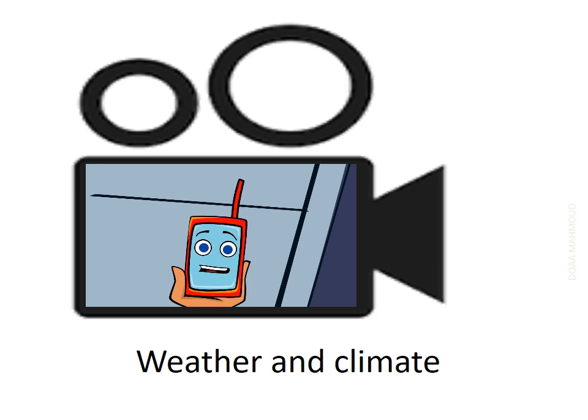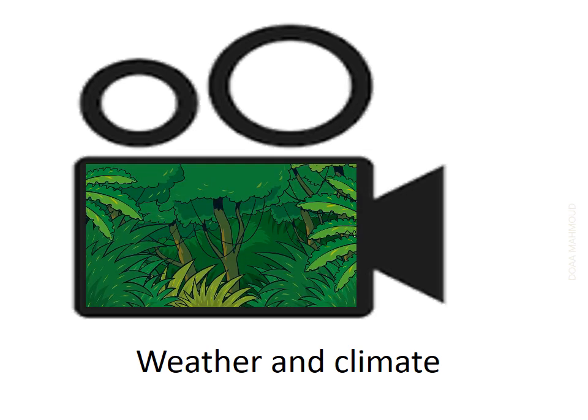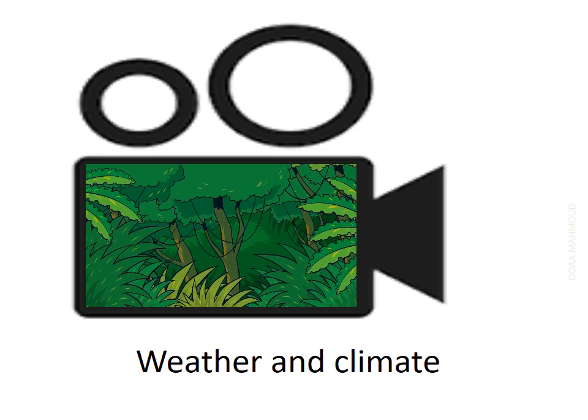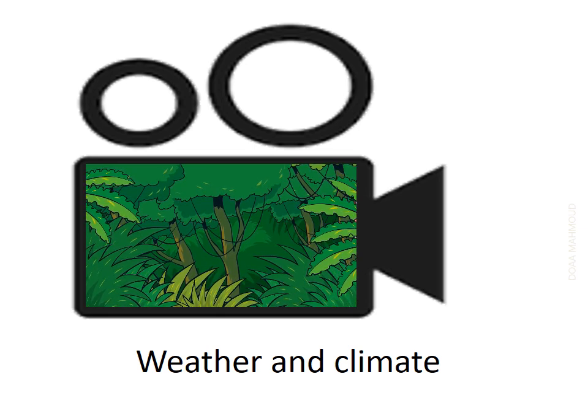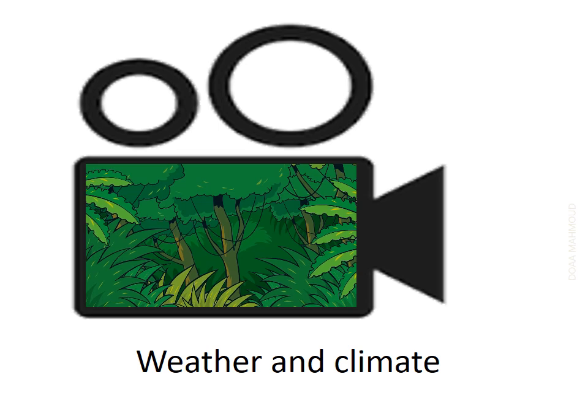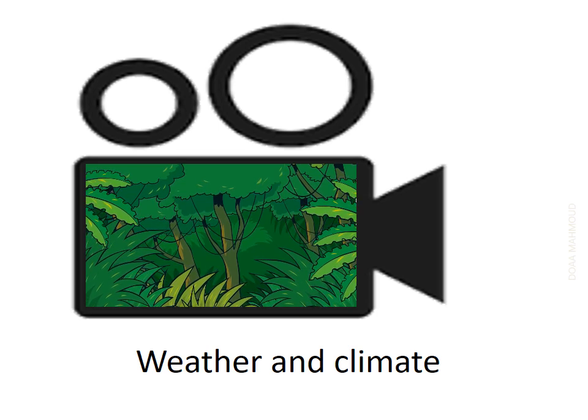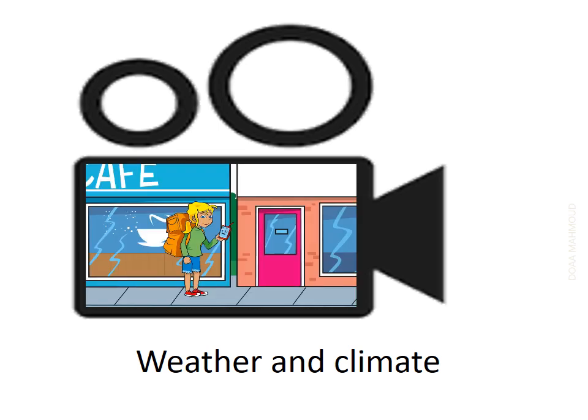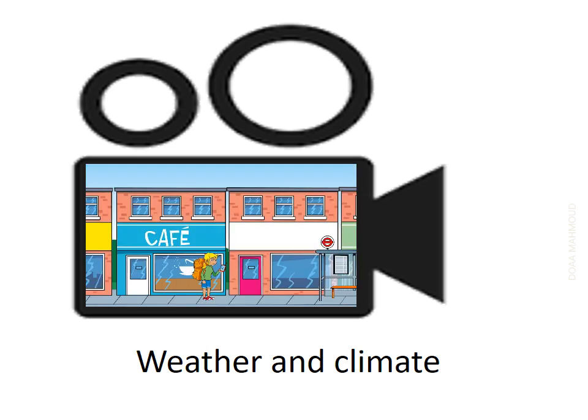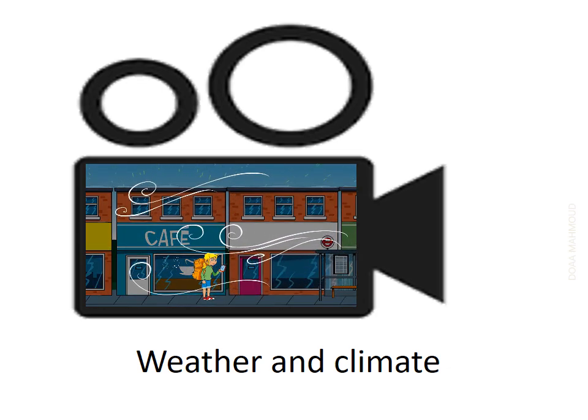This can be for lots of reasons. High places, like mountains, tend to be colder because the air is cooler the higher you go. Vegetation can also affect the local climate we experience. In equatorial rainforests, dense vegetation blocking the wind, combined with high temperatures and rainfall, means it's a very humid place to be. Where there's no vegetation, the air can be much drier and the wind can blow. In busy cities, the air temperature is often warmer than the surrounding countryside, particularly at night time. This is due to buildings and roads absorbing heat during the day and giving it off at night.